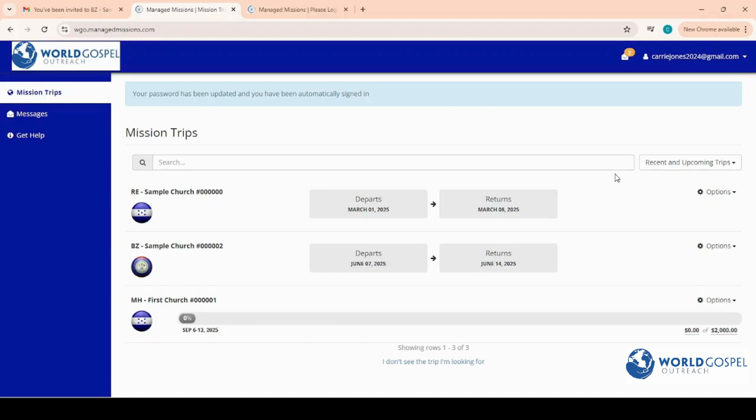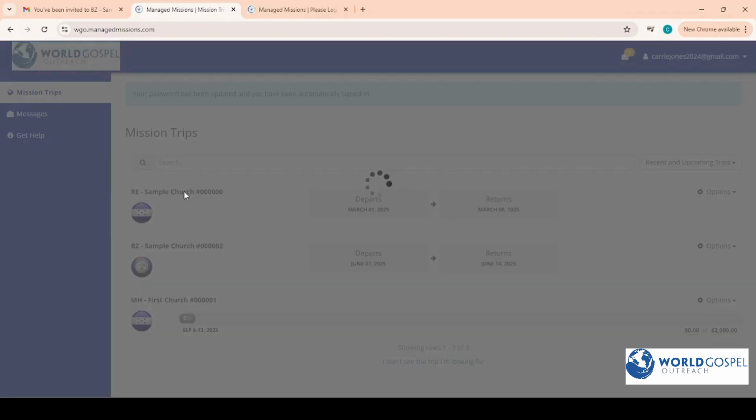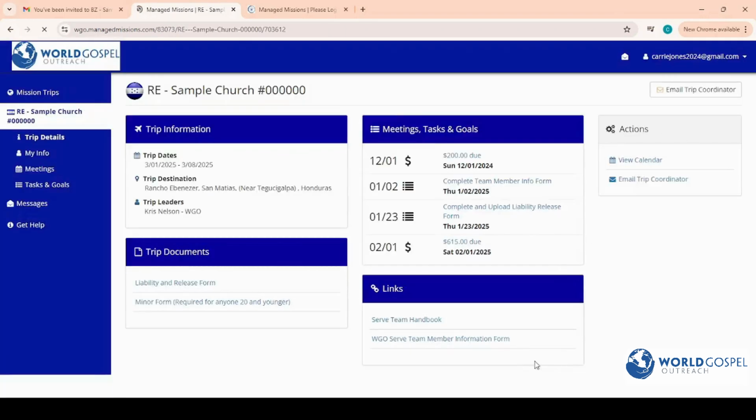Carrie is signed up for 3 trips, which possibly you won't be signed up for that many. You might just see 1. But you'll be able to see any trips that you're attending all in one place if they are here in Managed Missions. So let's take a look at the first trip on the list, which is scheduled for March 2025. So once you click on this trip, you're going to see the main information for the trip